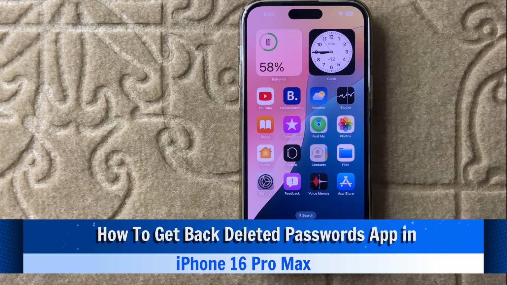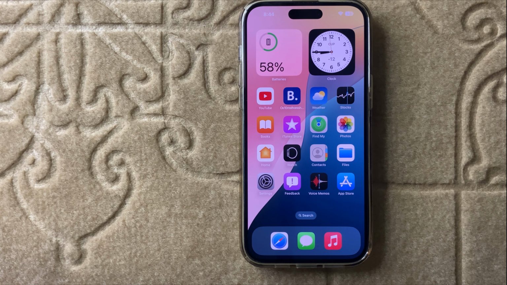Hello everyone, today in this video I will show you how to get back deleted passwords app in iPhone 16